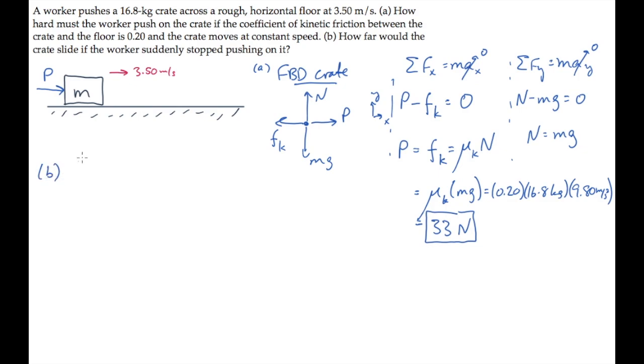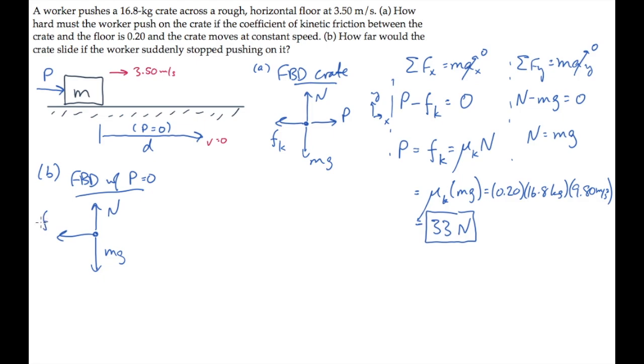Part B asks us how far the crate would slide if the worker suddenly stopped pushing it. So we're asked to find this distance d for the crate to stop if the pushing force is 0. Let's first redraw the free body diagram for the case where the pushing force P equals 0. And all that does is remove that force,